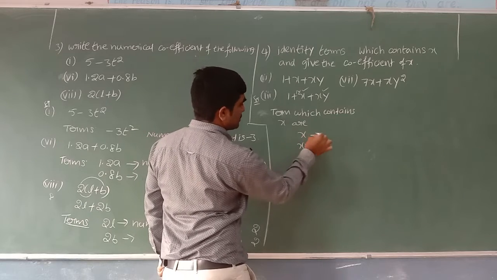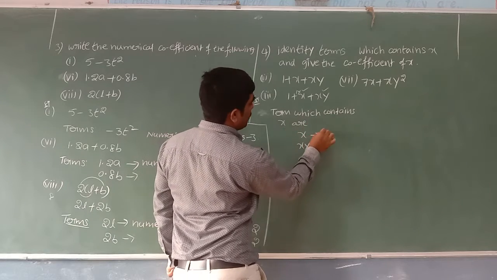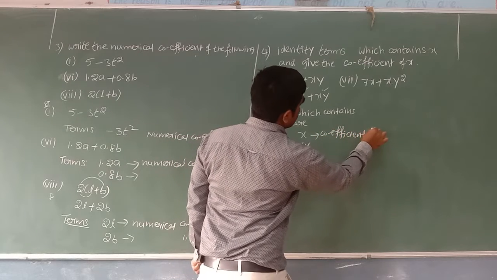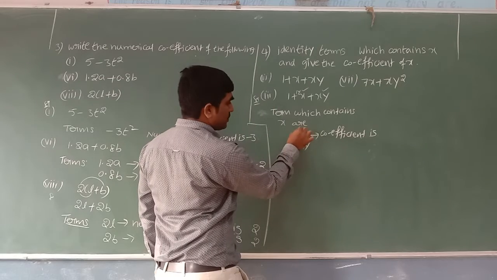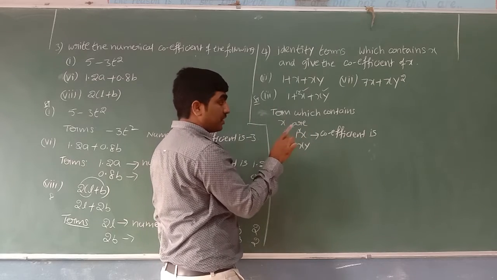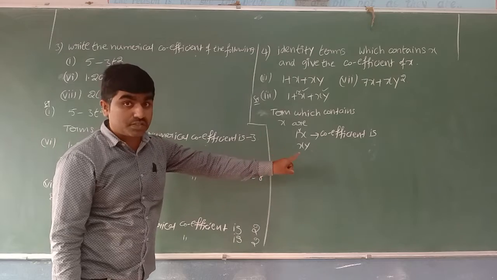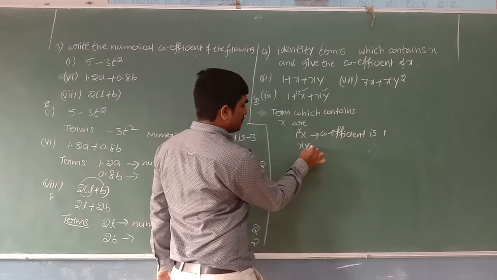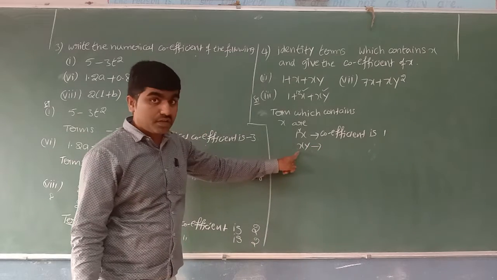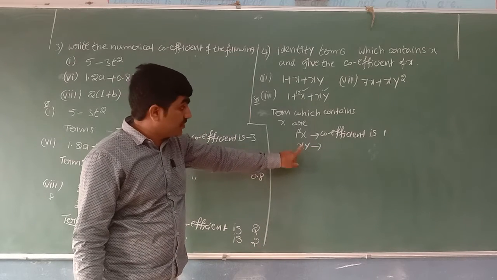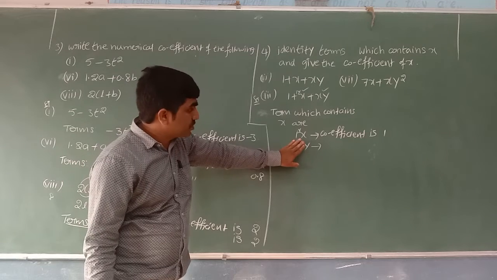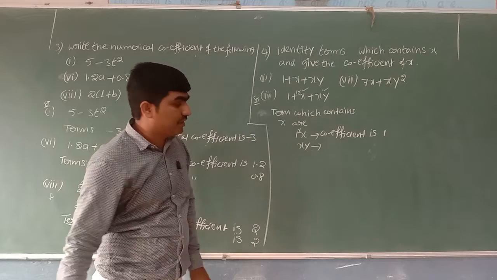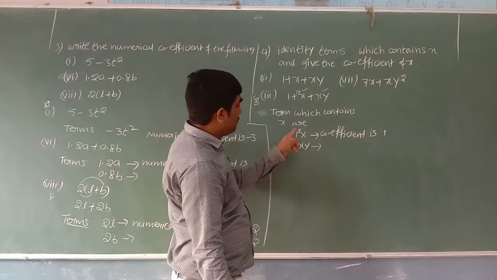Now in this x, they are asking only the coefficient, sorry. Here the coefficient is, if there is no coefficient, I said correct, 1 into x, 1x, it means 1. Don't write 2 into x, 2x. It is different from 1x. So we can write 1 into x, coefficient is 1. Now in this, what is the coefficient of x? The coefficient of a factor is the coefficient of other factors of a term. The coefficient of x is the other factor y. So here they are asking the coefficient of x.